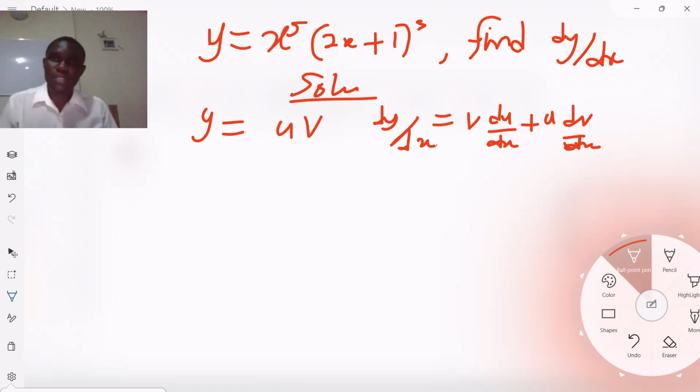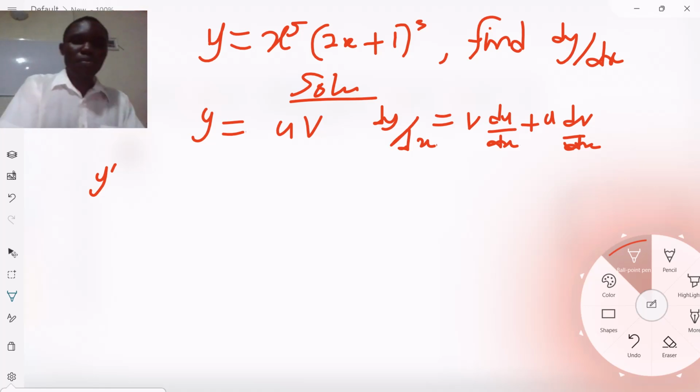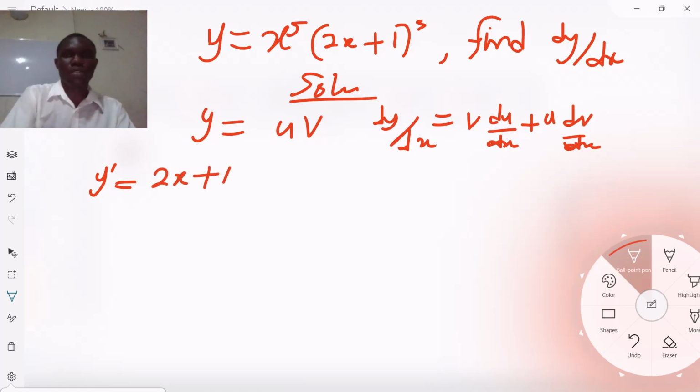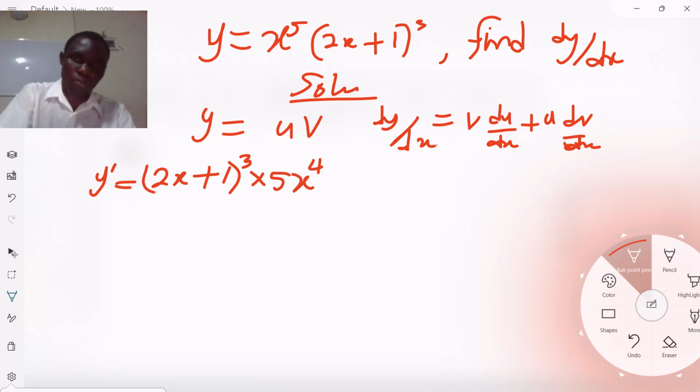So what is my v? This second is my v. So let me say y prime. Instead of writing dy/dx, let me say y prime. It also means dy/dx. So y prime is equal to (2x plus 1) raised to power 3. Then I differentiate u. So differentiating u, I will have multiplied by 5x raised to power 4. So differentiated that plus